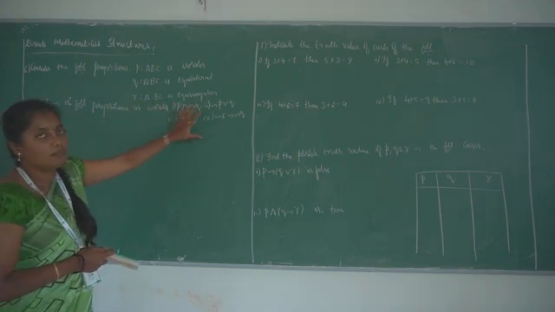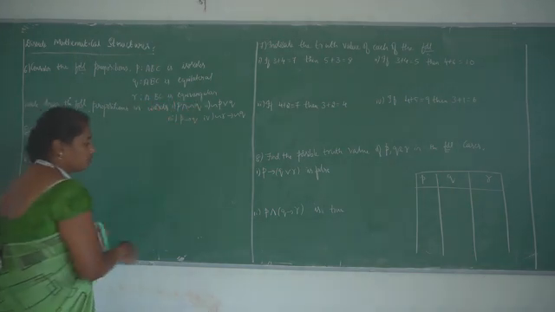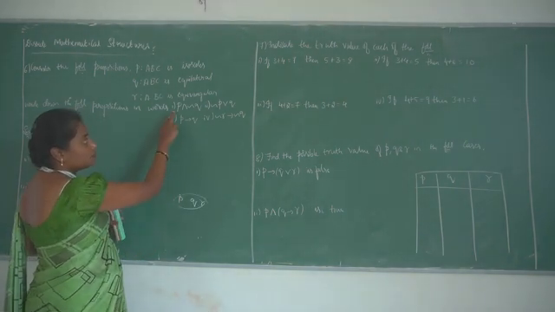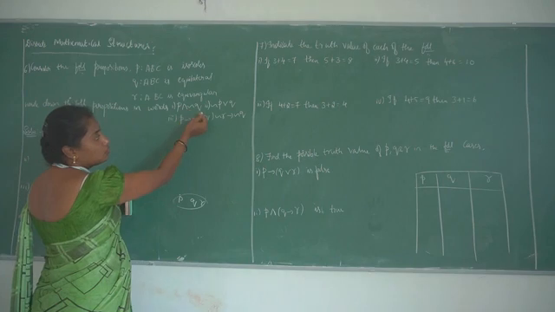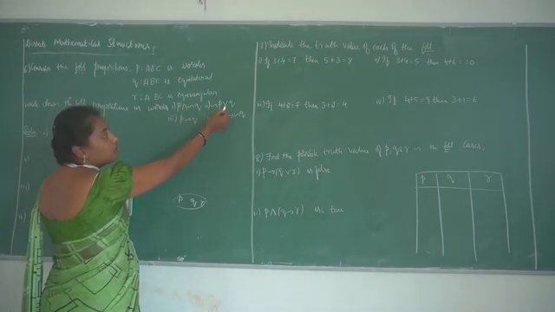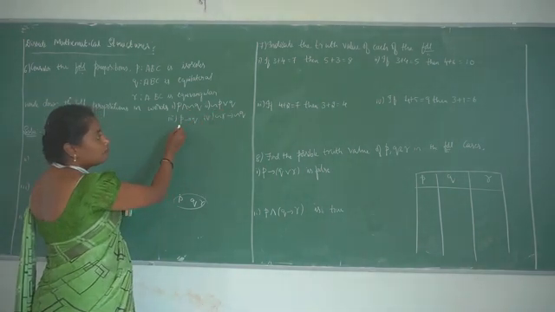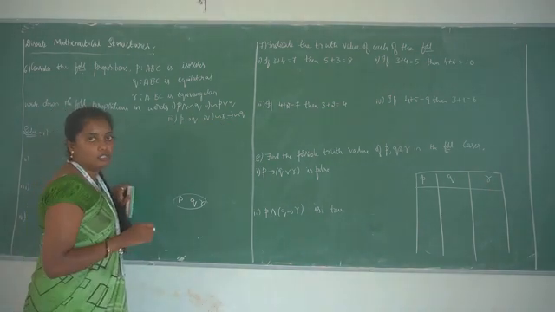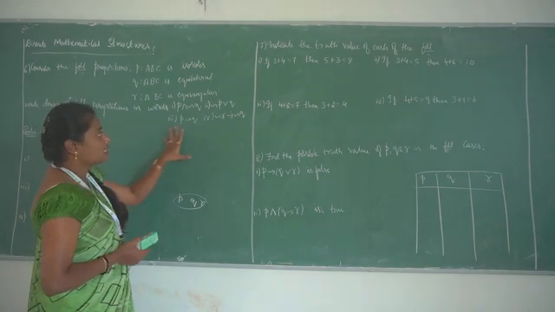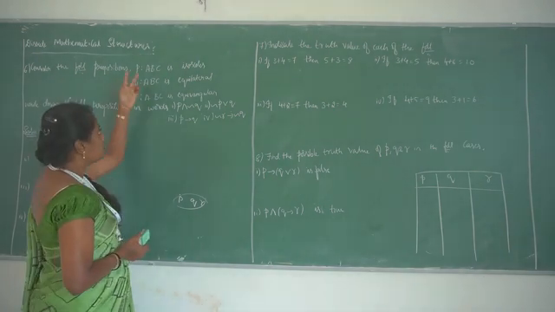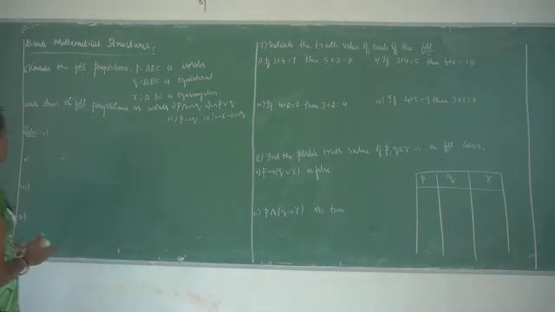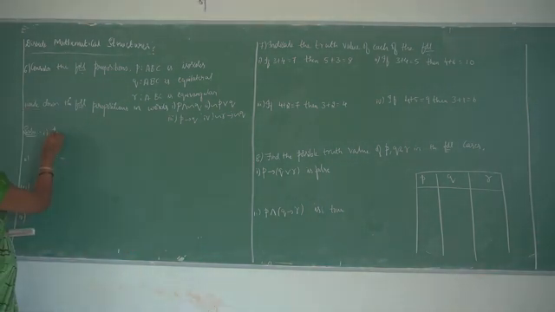Some compound propositions are given, involving P, Q, R as combined propositions. That is, P and not Q, not P or Q, if P then Q, and if not R then not Q. We have to write these compound propositions in words using the three propositions P, Q, R. So let us take the first one, P and not Q.